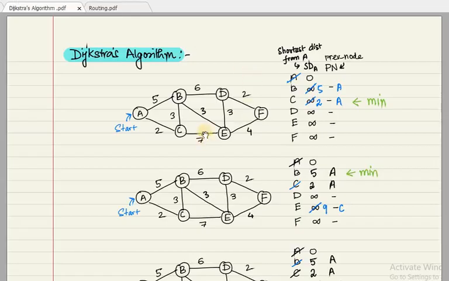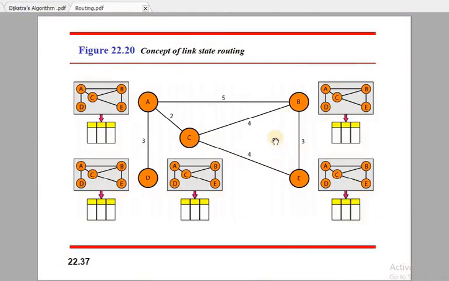Okay, students. So earlier we just studied the link state routing concept, right? We understood that we have to collect information and then create a particular graph, and from that graph we can create a table. And as suggested by the author, we found out that Dijkstra's algorithm can really help us a lot. So let's go through Dijkstra's algorithm.